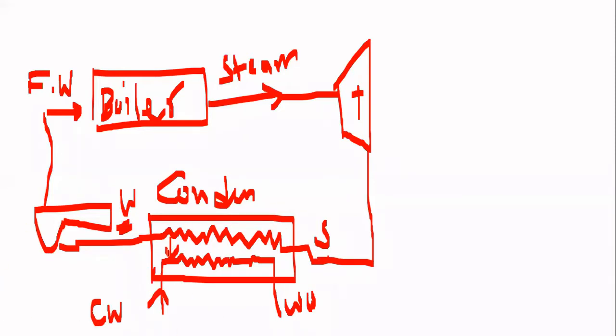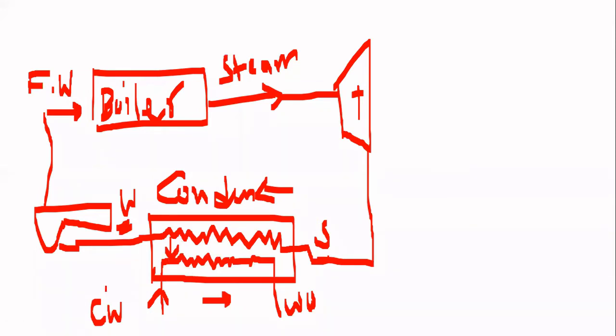Yes, sir. Okay. Now in this case also, there is relative velocity or relative motion between the two fluids. One fluid is flowing in this direction, one fluid is flowing in this direction. Both the fluids are at different temperatures, and they are separated by some boundary. They are flowing in different pipes. So here mixing is not taking place. So this also can be considered as an indirect contact heat exchanger.